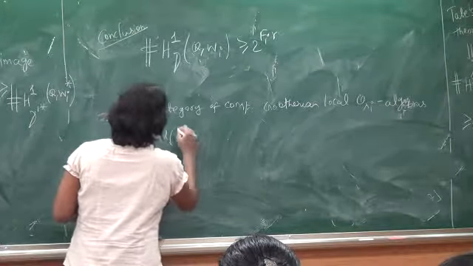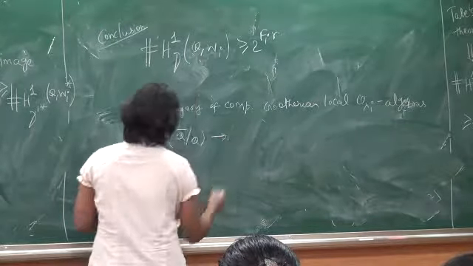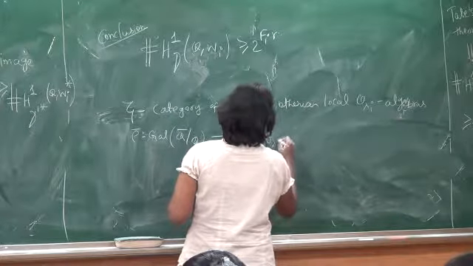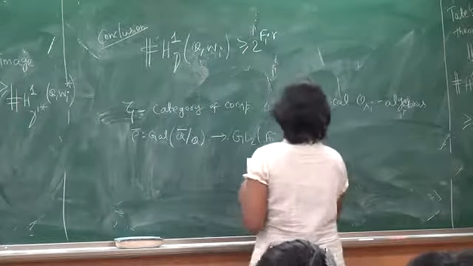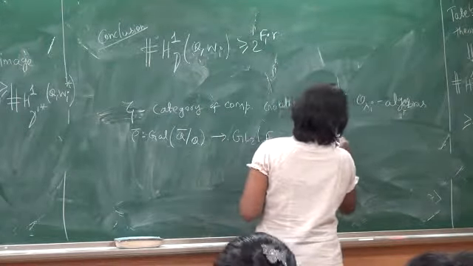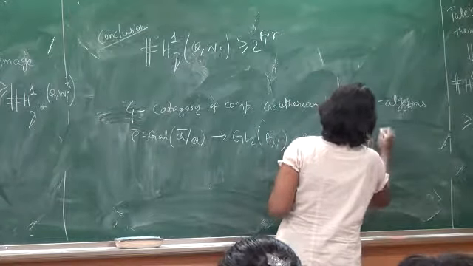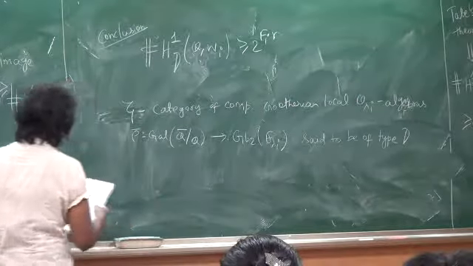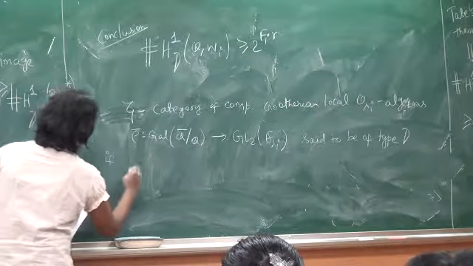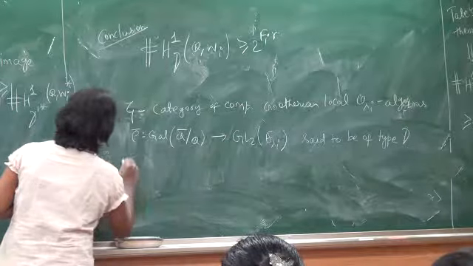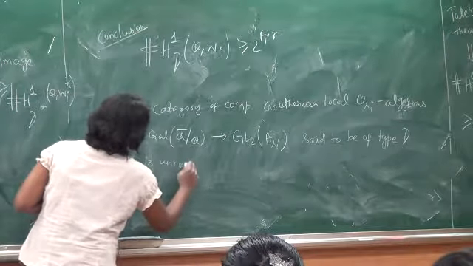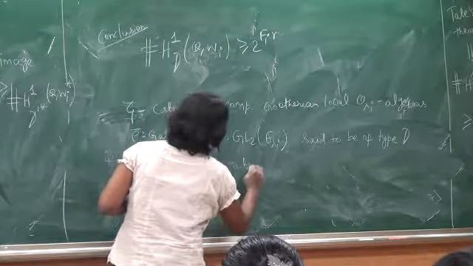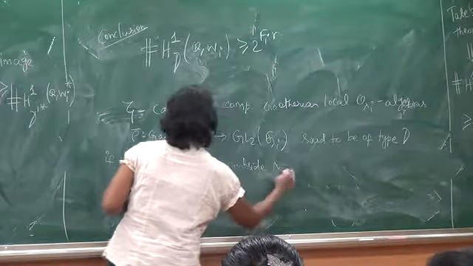A representation rho bar from the Galois group of Q bar over Q to GL_2 of F_lambda_i is said to be of type D if rho is unramified outside N,